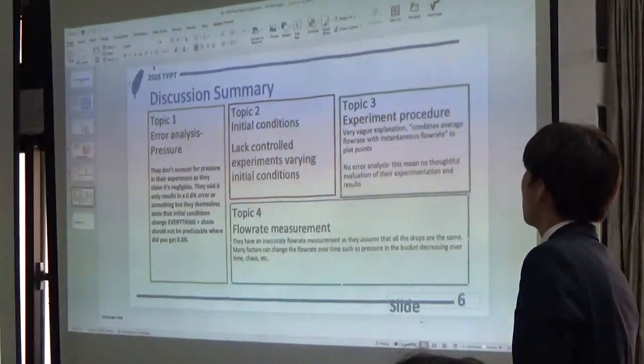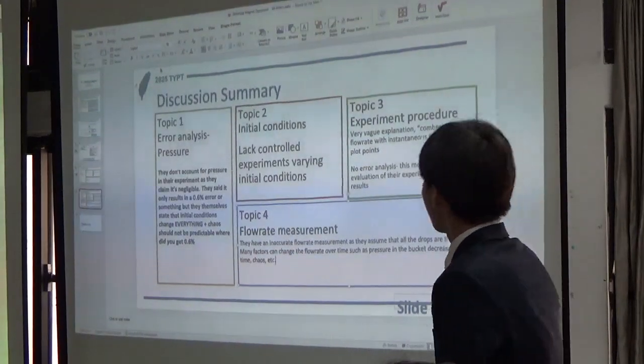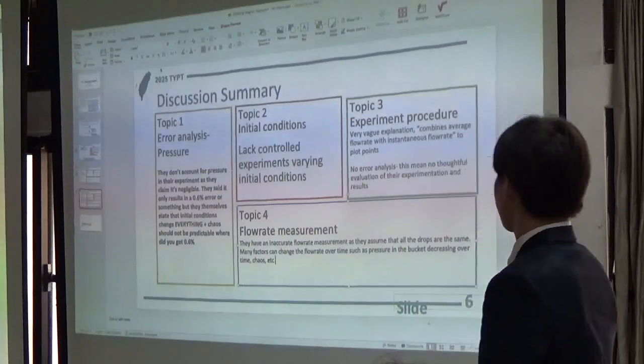Topic 3, experimental procedure. They have a very vague explanation on combining average flow rate with instantaneous flow rate. And so for flow rate measurement, they have an accurate flow rate measurement as they achieve that all properties that